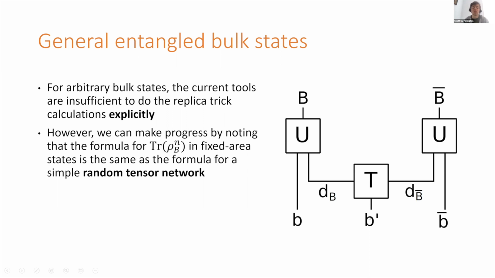So this random tensor network shown here. We take our little b prime part of the state, that's the region between the two surfaces. We plug it into some random tensor with output dimensions e to the a2 and e to the a1. And then we add in the degrees of freedom from little b to this side, apply some unitary, we call that the output big B, add in the degrees of freedom little b bar, like the stuff near big B bar, to this side, apply some unitary, call that big B bar. So this is the obvious tensor network toy model you would make, based on all our intuitions about the analogy between tensor networks and gravity.